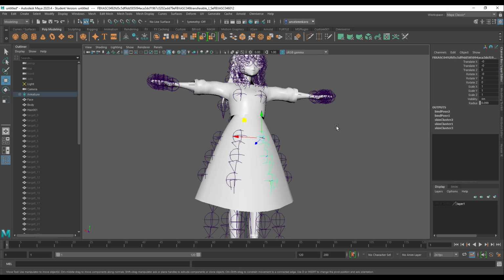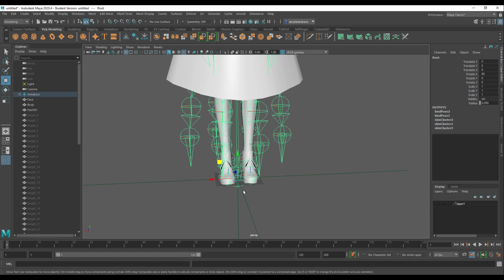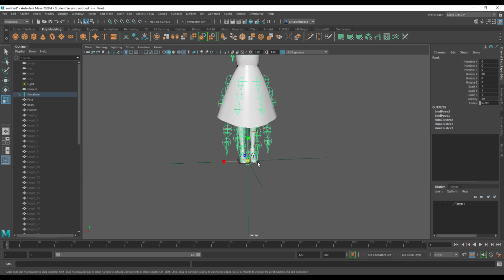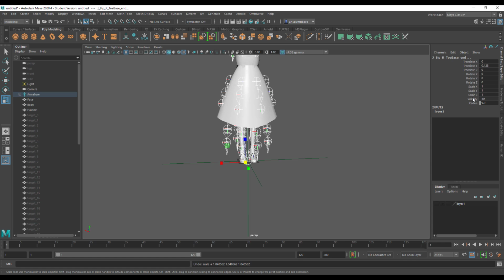Now, once you hide them within the layer, you would also notice we have these other ones. So the best thing to do to reduce the joint chain sizes is to go all the way to the base joint, which is this one. And by default, if you choose to start scaling this, it will scale the model and not the joint. So what we want to do is to reduce the radius of the joint chains. So with the base one selected, or the root joint selected, go over to your select and simply select the hierarchy.